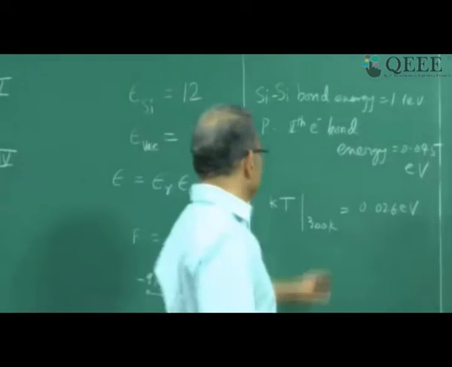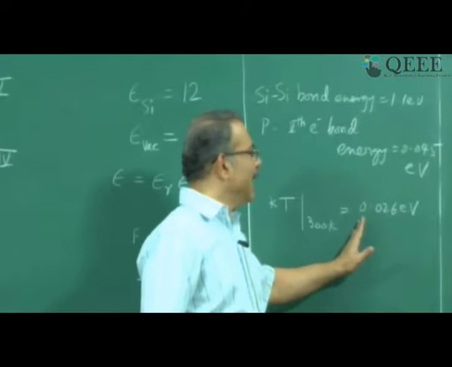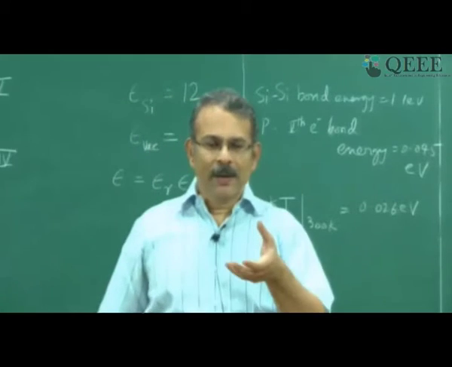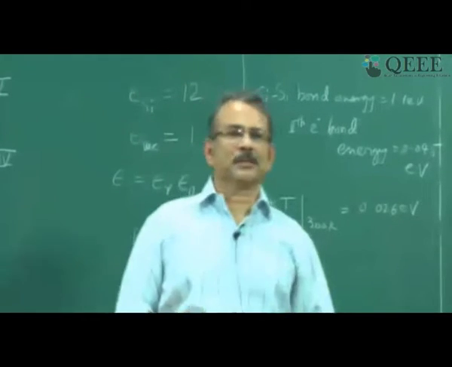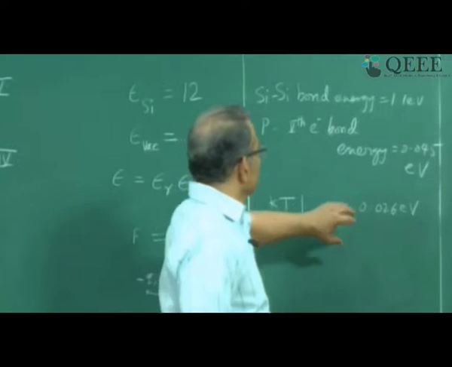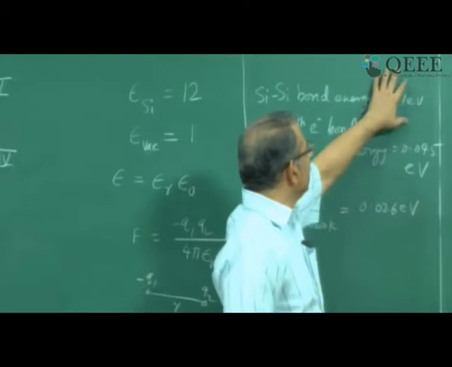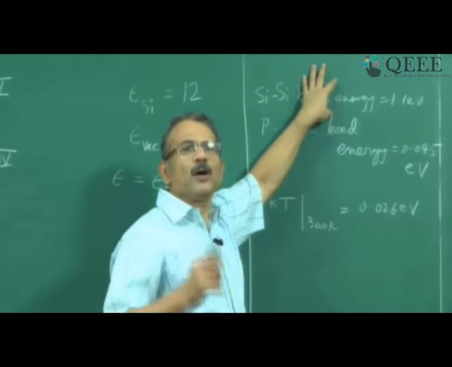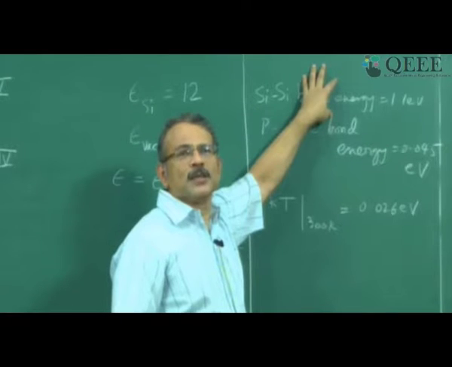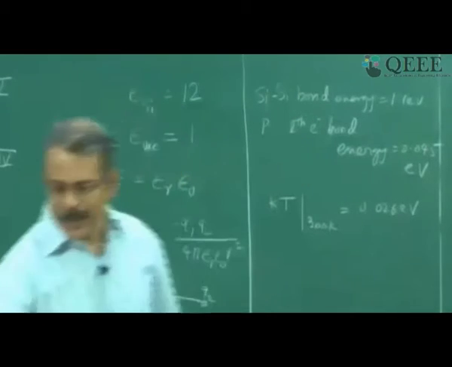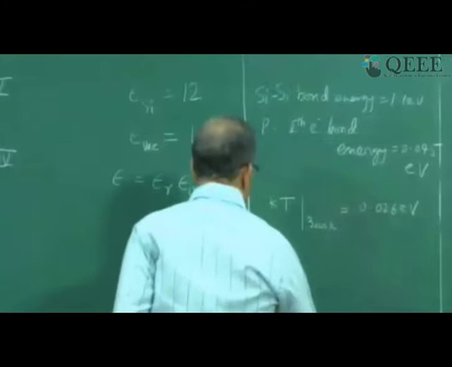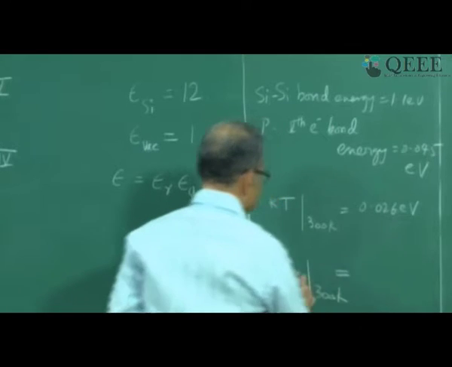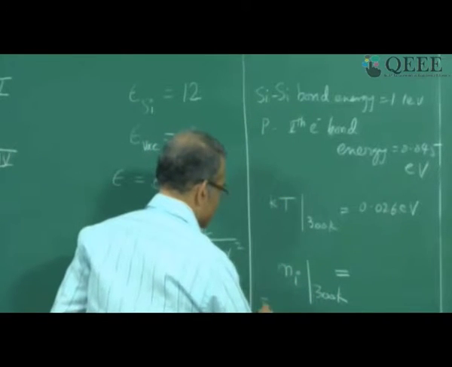They collide with silicon atoms and they break the bonds. So this is the way you can visualize the effect of silicon atomic vibrations, right? So at room temperature, it is very difficult to break silicon bonds. That is why you have a small concentration of electrons and holes, electron hole pairs. Ni is the concentration of electrons and holes at 300 K in intrinsic semiconductor. I stands for intrinsic.